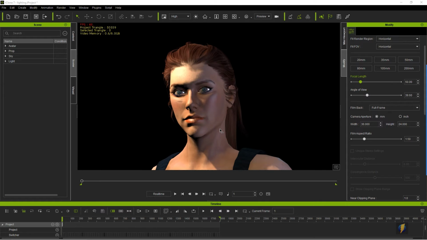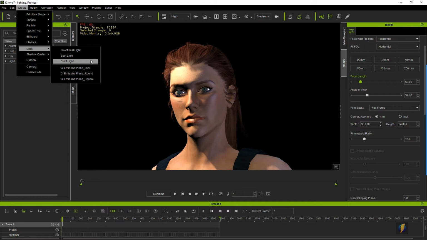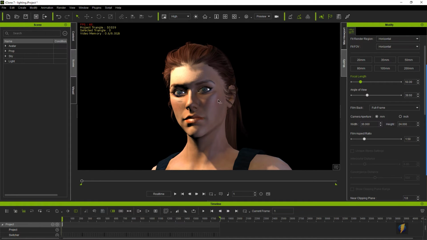Hello everybody. In the previous video we took a look at lights. In particular we looked at the lights that you can create from here, create light, and we looked at the directional, spot, and point lights, and we talked about their differences and how we can use them. Now in my current scene here, and this is the scene that I was working on in the previous video,